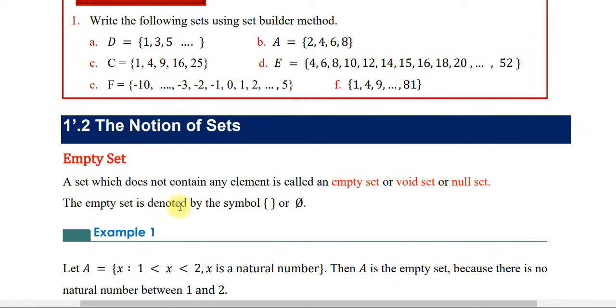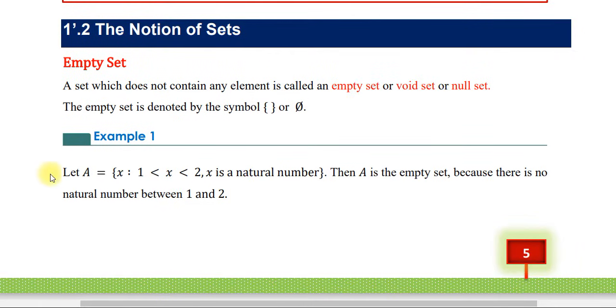A set which doesn't contain any element is called empty set or void set or null set. እንግዲህ empty setም void setም null setም ተመሳሳይ ናቸው። The empty set is denoted by the symbol፣ እዚህ ላይ braces አለ፣ closed የሆነ both side braces አለ, or this symbol። ይሄ ሁለቱ ሲምቦሎች empty setን represent ያደርጋሉ።